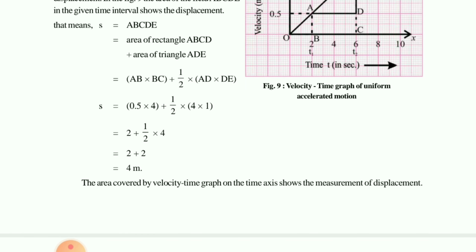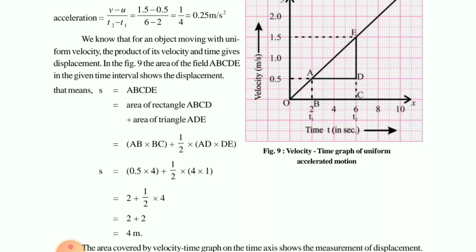Okay children, I hope this graph is clear and I hope the calculation part is also clear. Very easy. After seeing the video children, try to do this one in your rough copy. If any type of problem is there, you can ask freely. Mention the doubt, I will clear it.